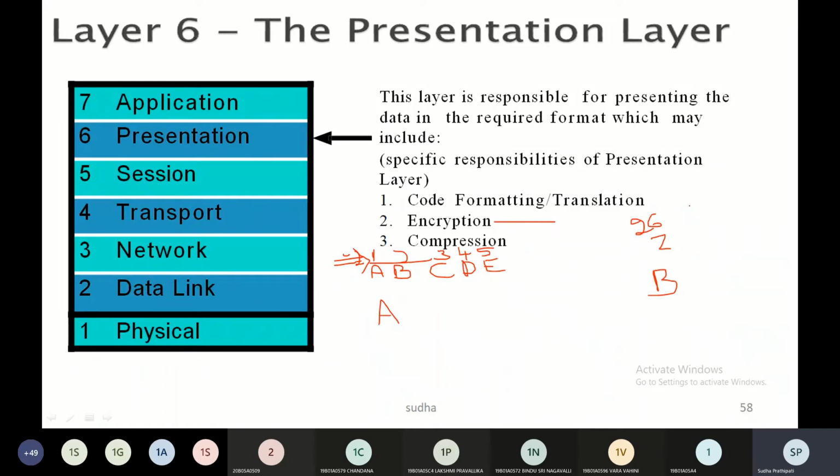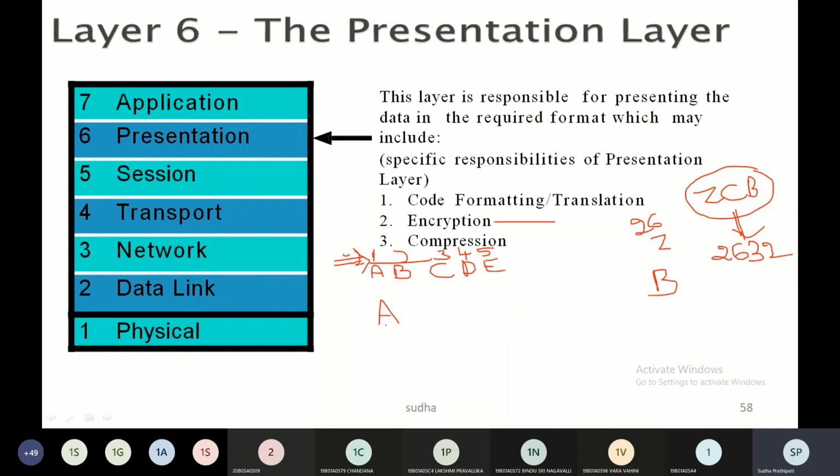Say for example, I want to send Z, C, B from the source to the destination. Now I'm encrypting this particular text. I have a certain scheme over here; it needn't be the same scheme, it can be any other scheme. For Z, I have 26, for C, I have a code which is 3, and for B, a code which is 2.